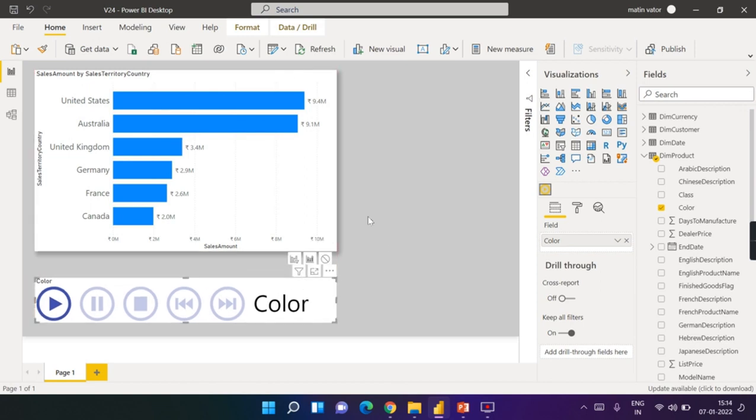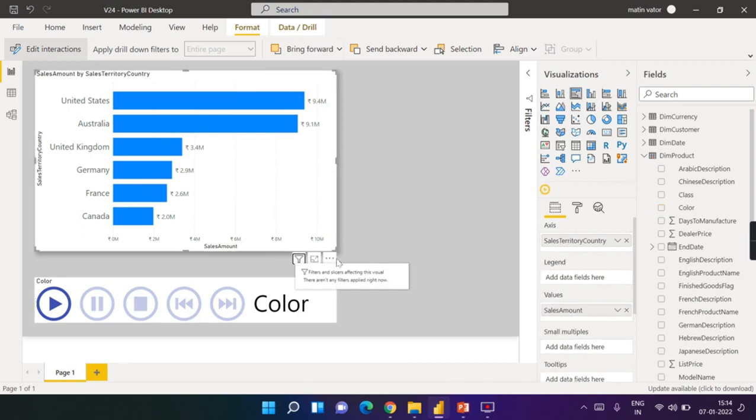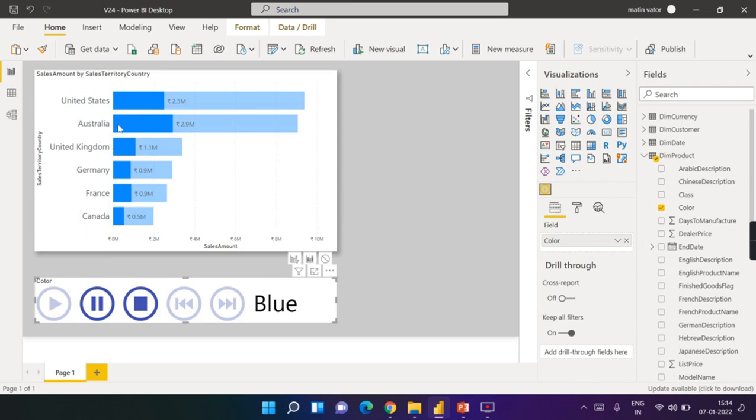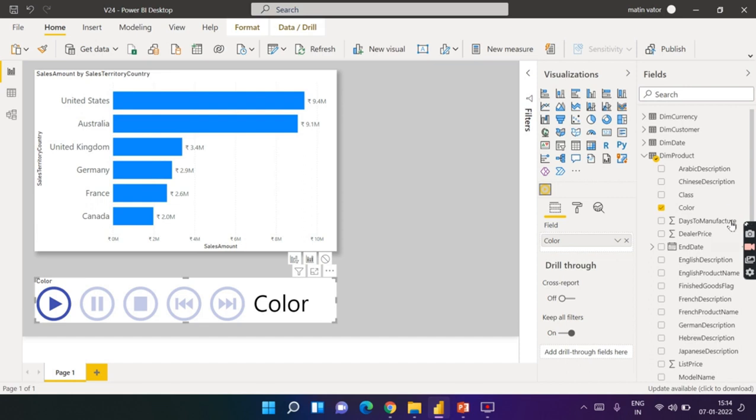So one thing I want to highlight here is, as I said before, this acts like a filter. So it's better when you view this visual, you need to use edit interactions, click on this visual and make the other visuals act as filters, so that when you play the axis, the items will change based on the values, if different members have different values, then it will change.